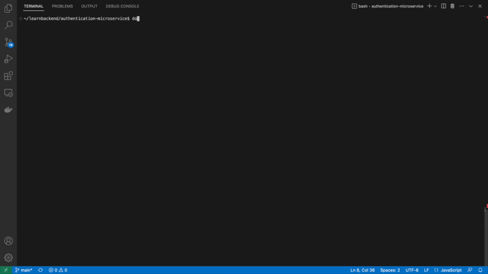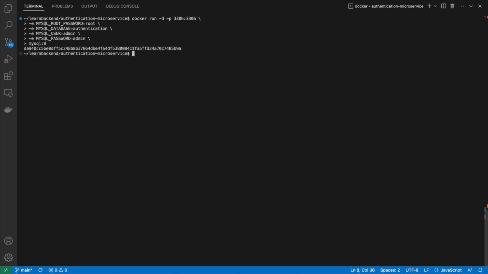To launch a MySQL container, we can use the following command where the -e option flag is used to set environment variables that will only be accessible by the applications running within the container, which in this case is the MySQL database. Once executed, this command will run a container in the background, publish the port 3306 used by the database, set the root password to root, create a new database named authentication, and create a new user named admin whose